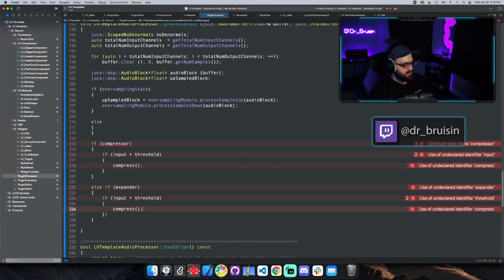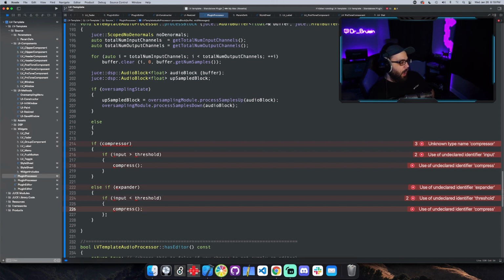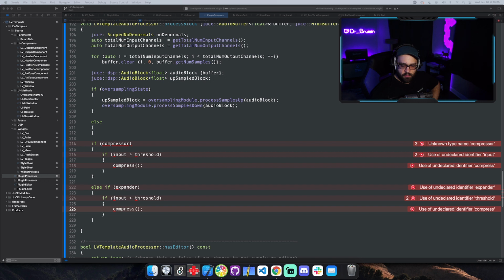Then the question is, where do you put the gate? Because having the gate first could be pretty useful. Having the gate last could also be useful. Do you really need a gate if you have access to the expander? Yes, you do. Okay, so okay. I think you could have a button that says like gate before or after. And also, thing to think about is how many parameters you want to give them, because